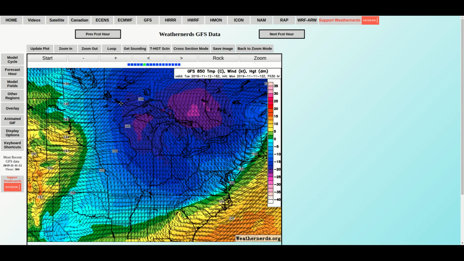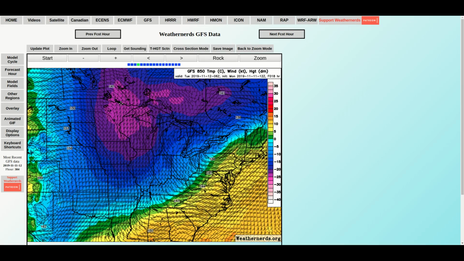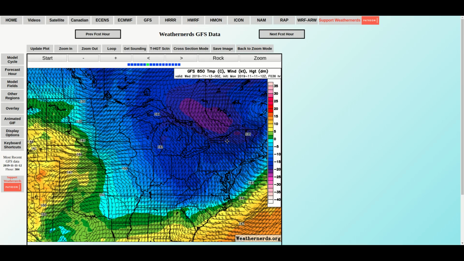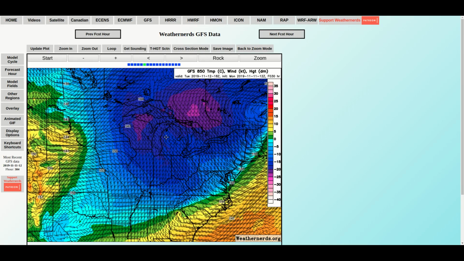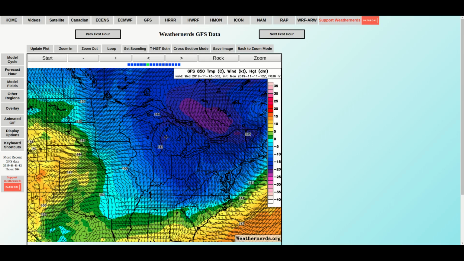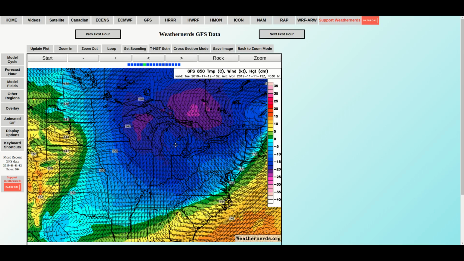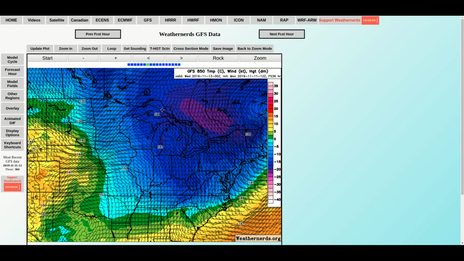So as we watch this loop a couple times, you can see initially you have pretty good cyclonic curvature over the lakes. So we're behind this low. It's over there by Lake Ontario. But as we go a few more frames, you can see shortwave ridging moving in already. So we have anticyclonic turning of the flow, and a lot of times that comes with subsidence and tends to weaken the lake effect process. Another thing to note is the flow is pretty northwesterly in this event, so Lake Superior, Lake Michigan,